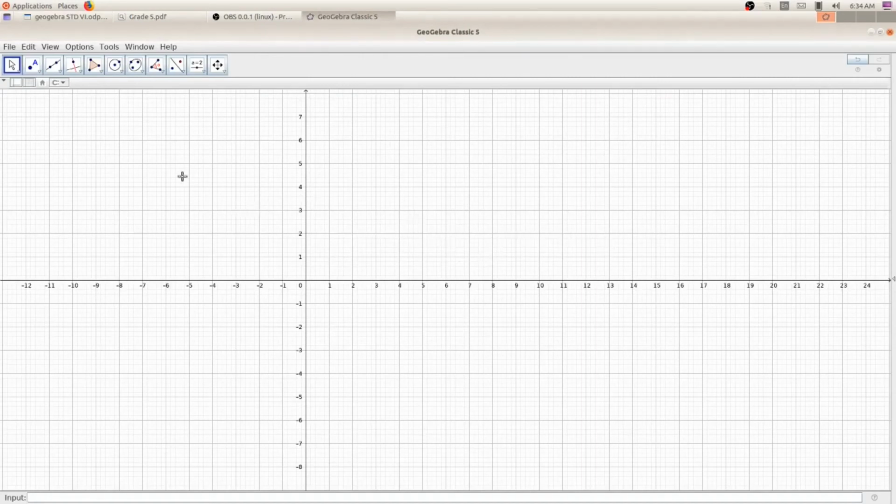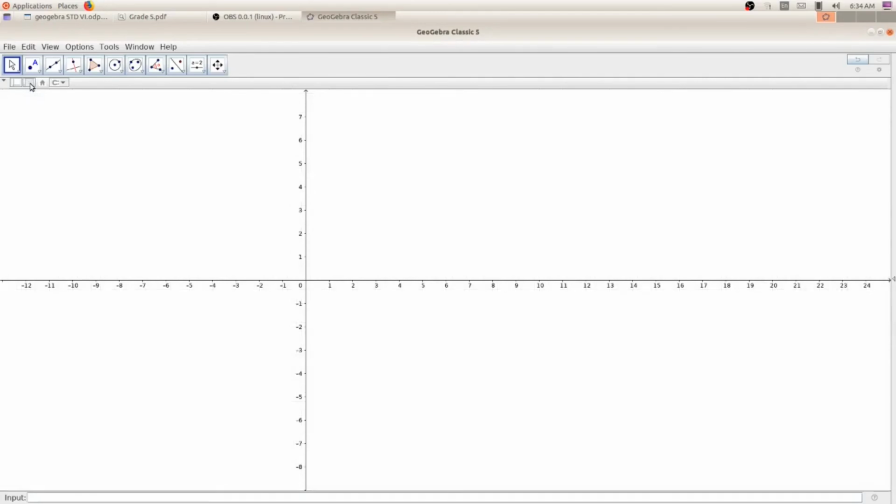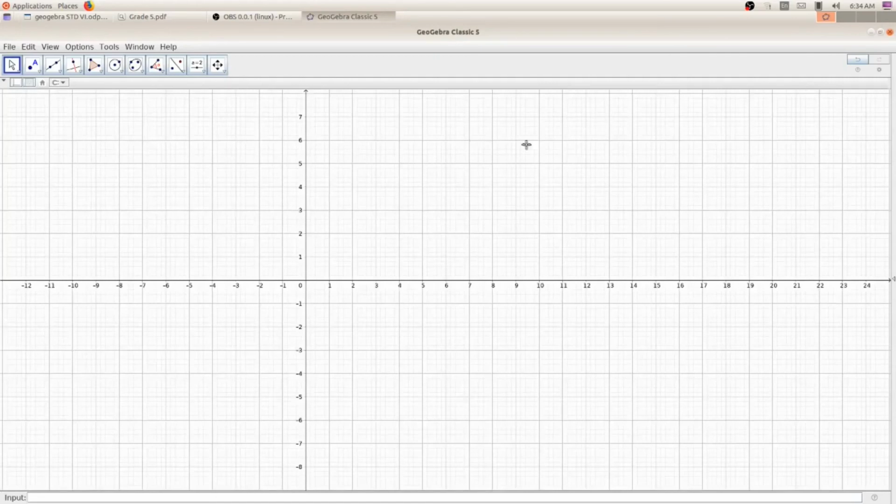If you want to hide this, you have to click on this tool. It is at the top left corner. Click on that. Now the grid is hidden. If you want to show the grid again, click on the same tool again. Now it is shown. You can see the grids. Hope all are clear about this.